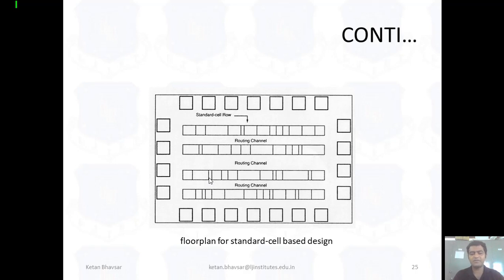It's a floor plan for standard cell based design. It's at chip level. You can see that if you work on the Xilinx software, there are a number of options available like translate, mapping, place and route, and floor planning. So it looks like this. You can also see this type of design in the software, right? When we work on the software, I will also show you this configuration in Xilinx software.